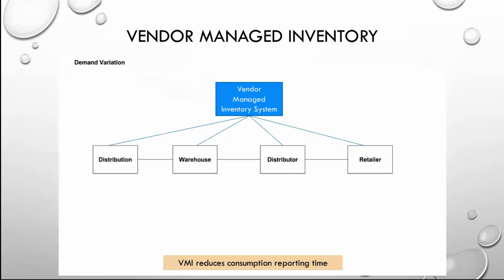What this does is provide immediate reporting of consumption of the product. As soon as the vendor gets the consumption data, it's shared with all entities so that all entities will understand. Now, in this scenario, when it's shared, it also comes with a demand from the vendor to meet certain demands. So just keep that in mind.